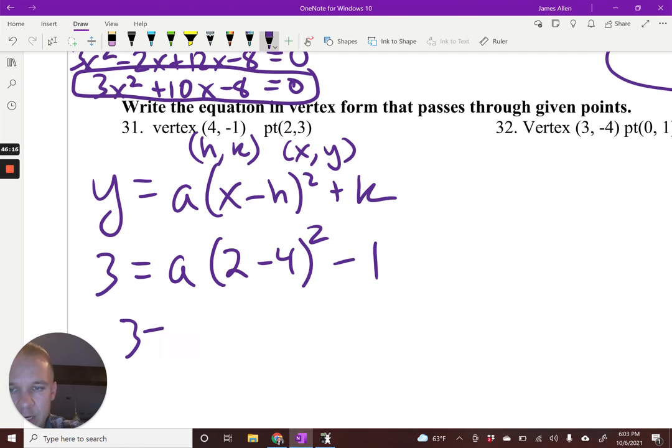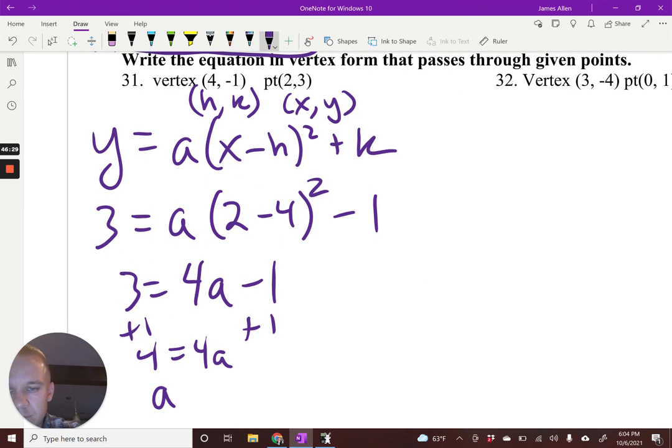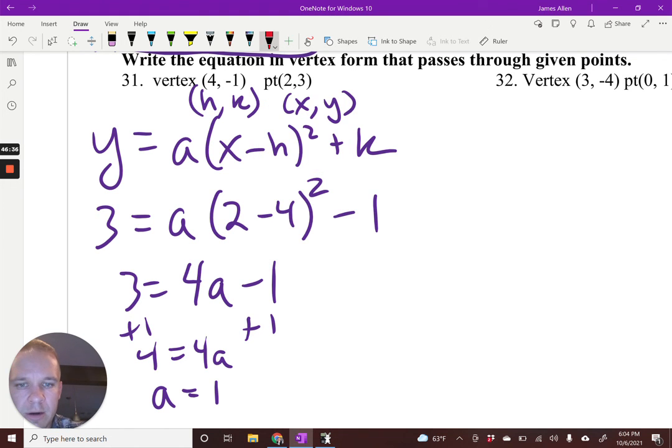Now I get to work. 3 equals 2 minus 4 is negative 2 squared is positive 4. So 4a minus 1. I'm going to add 1 over. I get 4 equals 4a. So a equals 1. My final answer then is, and I'll change colors so it shows up better, y equals